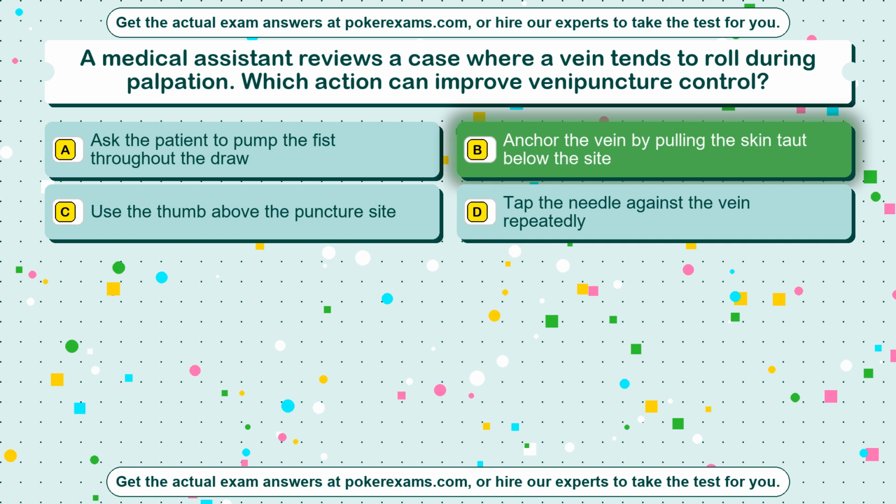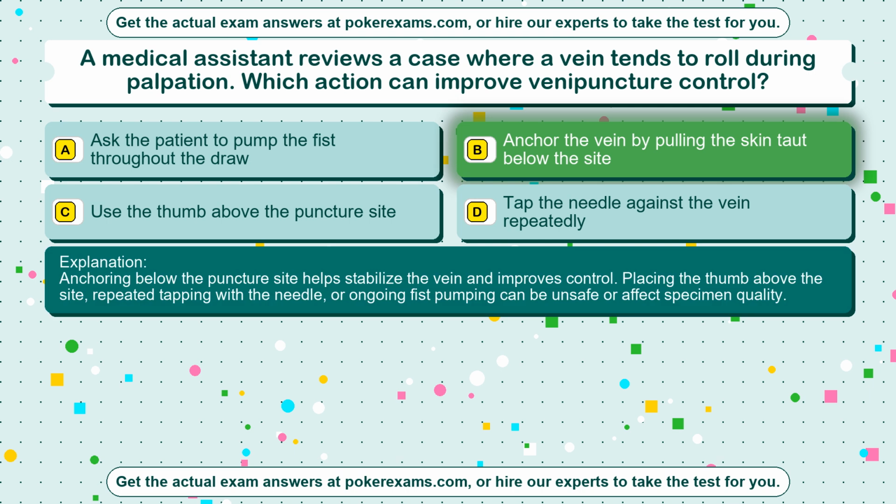The correct answer is option B. Anchor the vein by pulling the skin taut below the site. Anchoring below the puncture site helps stabilize the vein and improves control. Placing the thumb above the site, repeated tapping with the needle, or ongoing fist pumping can be unsafe or affect